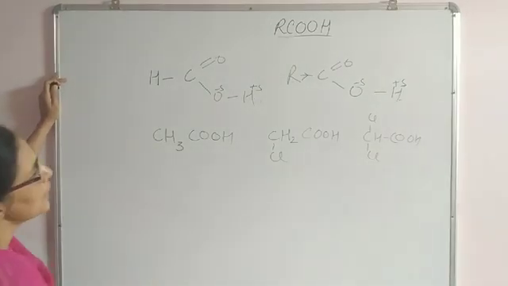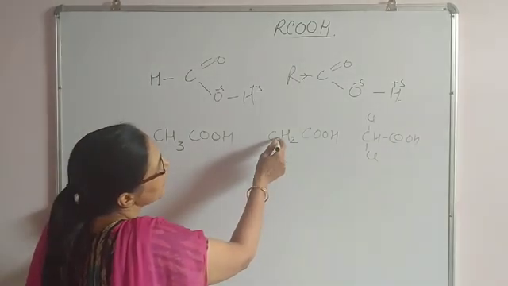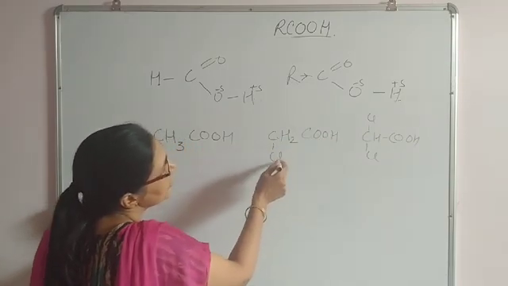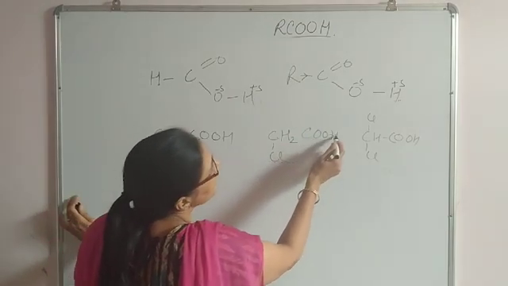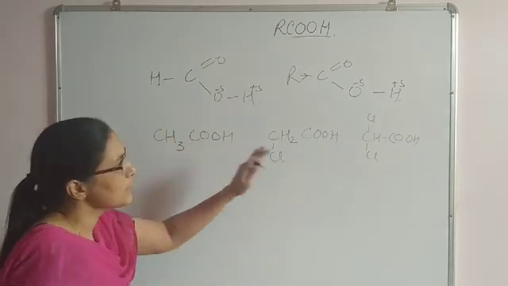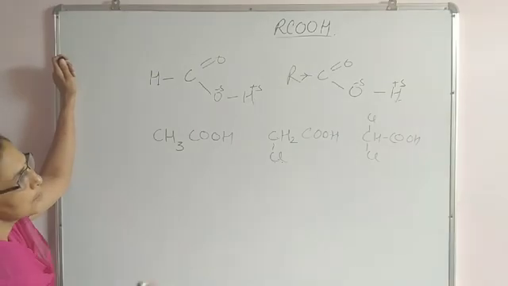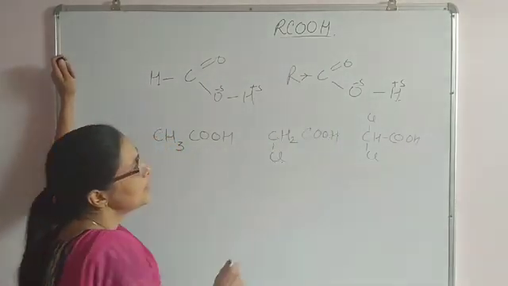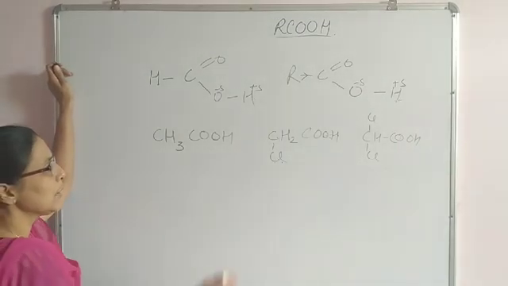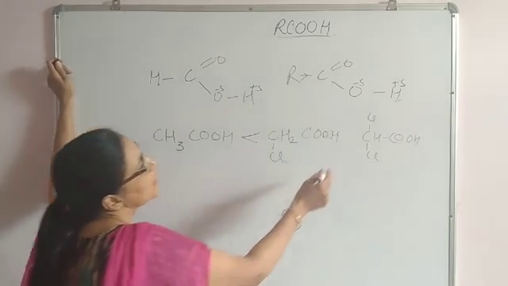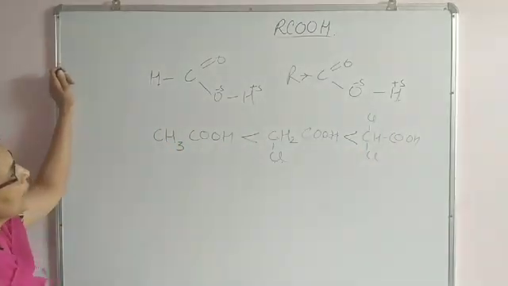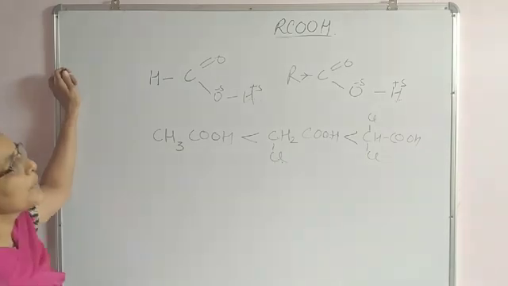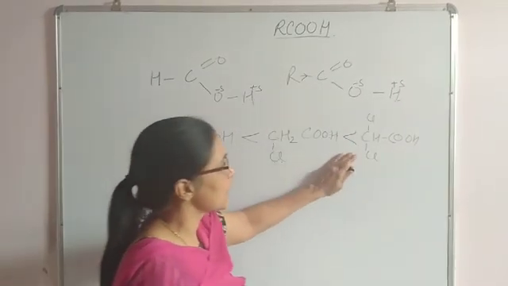Easily you can understand that as the halogen is an electron attracting group, it will attract electron through inductive effect and this OH bond becomes weaker. So as it is weaker, hydrogen can release in an easy manner. So easily you can judge that as the number of halogen atoms increases in the ethanoic acid, the compounds become more acidic in nature.